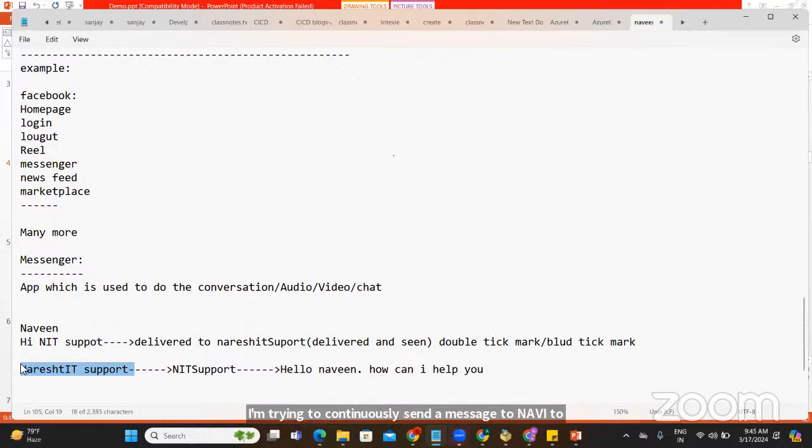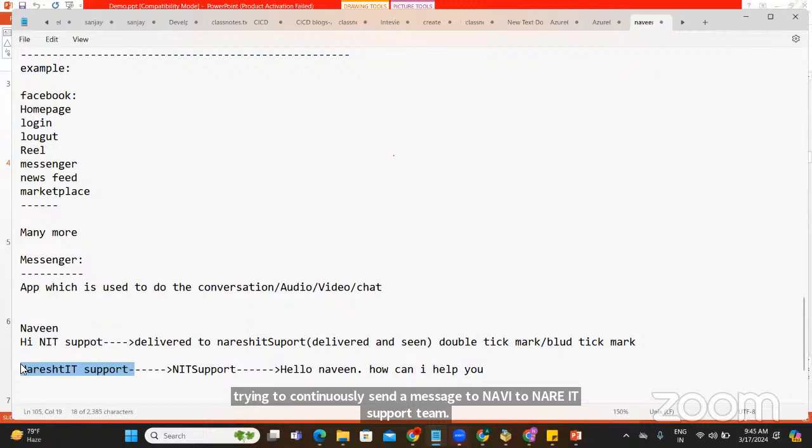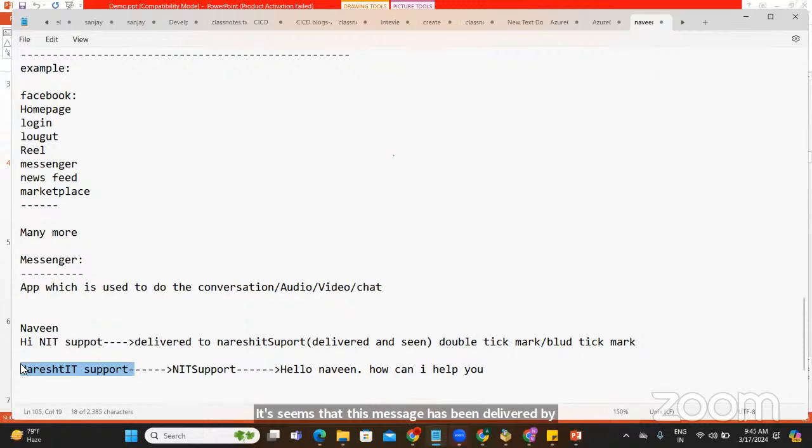It seems that this message has been delivered to Naresh IT support, and these guys are not responding. What might be the situation? And the same case is happening with Charisma and Nidhi as well. Charisma is trying to send a message to Nidhi, and Nidhi is saying, hey, it has not been delivered. Why? The message is not working.